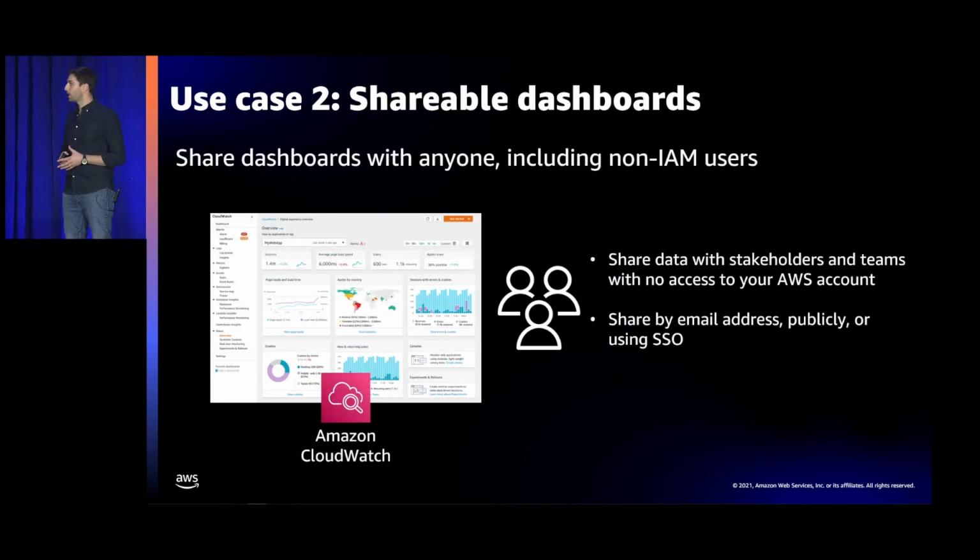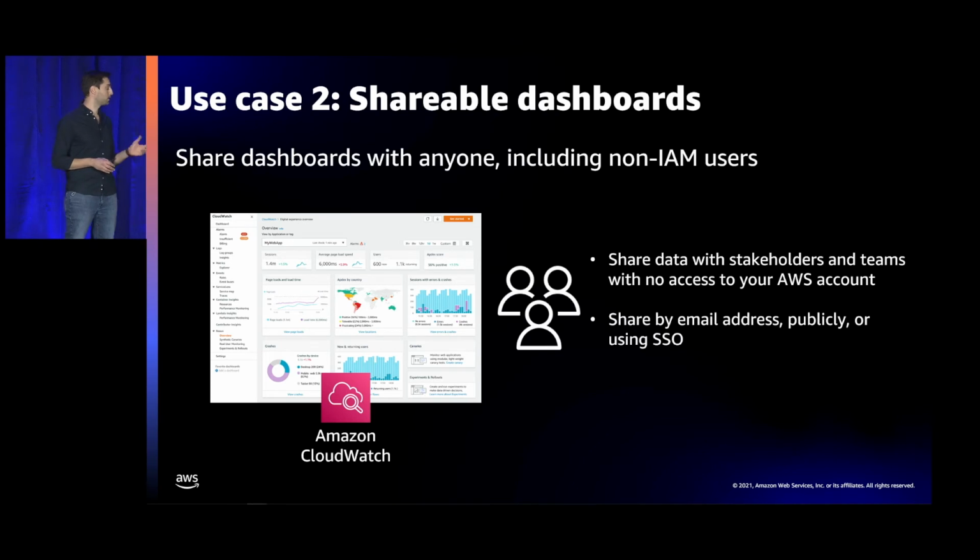Another benefit of using CloudWatch is the ability to use easy and simple permissions to share dashboards with multiple users. So another common ask that we've been hearing from our customers is that they would like to share S3 Storage Lens data across teams with multiple stakeholders and sometimes even with users that are external to their organization. The challenge is that not always do these users have access to the Storage Lens dashboard or even an active AWS account.